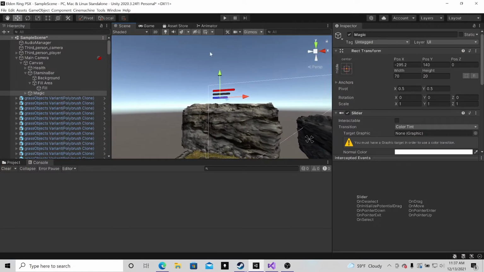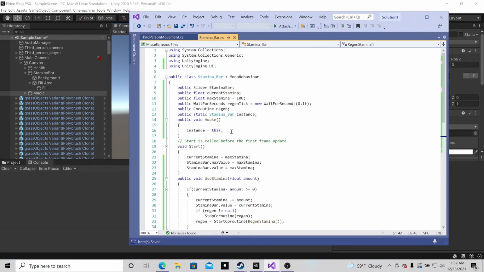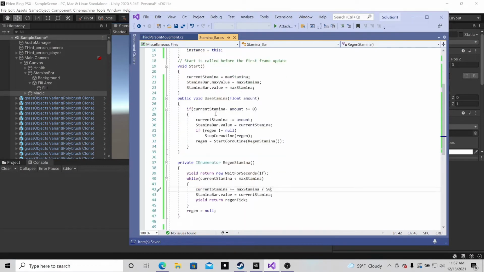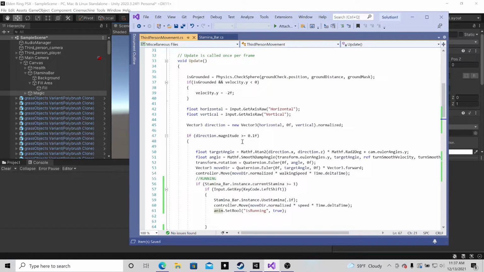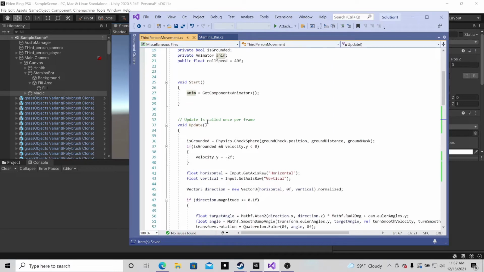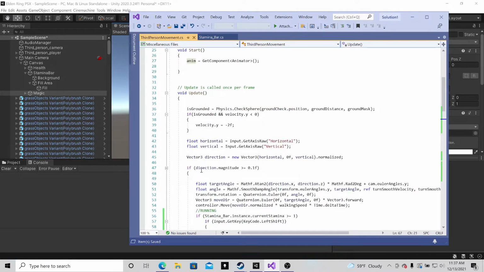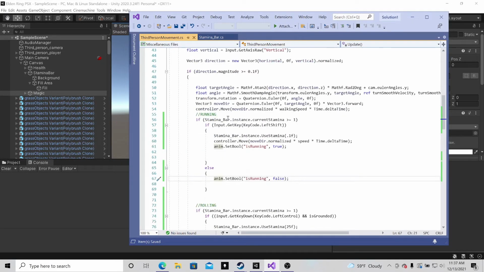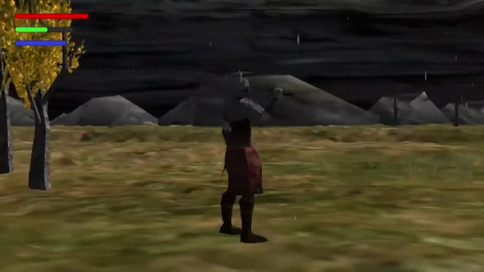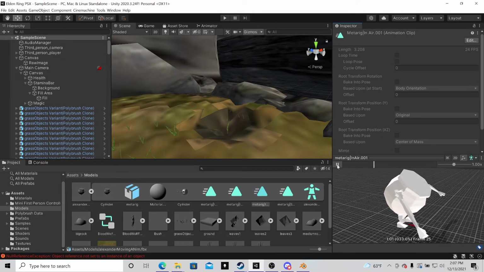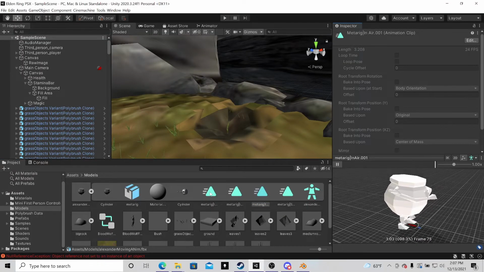Next, I added a stamina bar, which was pretty much just a value of 100 attached to a UI bar, and every action subtracted some amount of stamina from the bar. So essentially, if you were sprinting, you were subtracting 0.1 of a float from the 100, and then the stamina would regenerate over time. Lastly, I added the pot boy, imported his animation, and made a little quest for him,